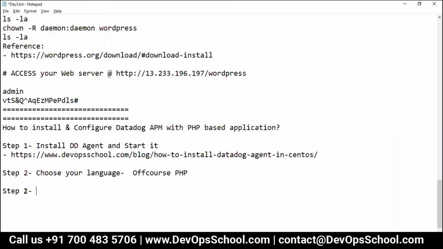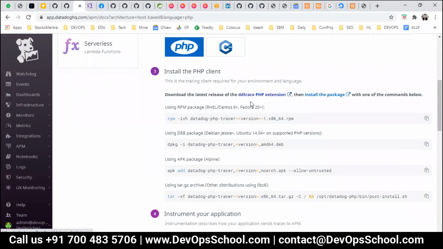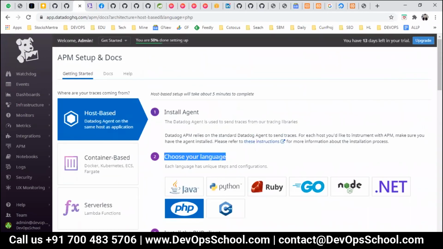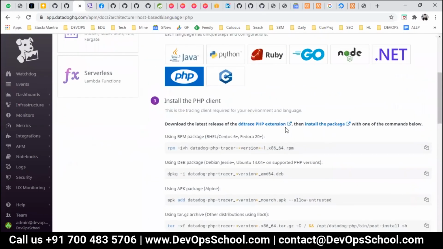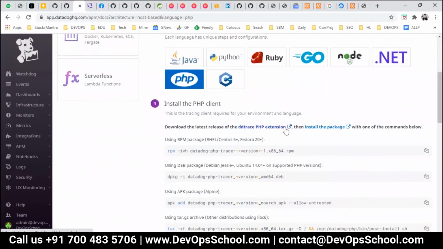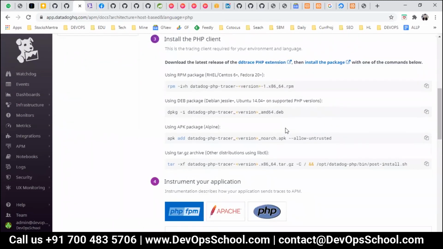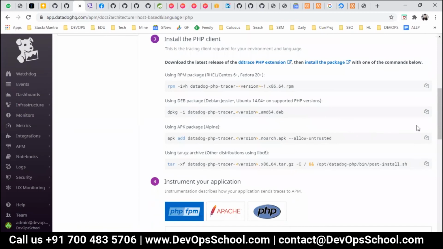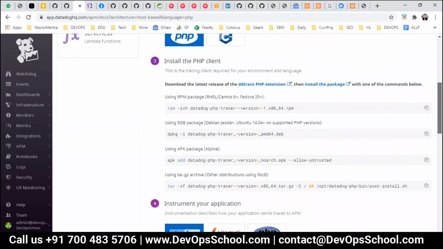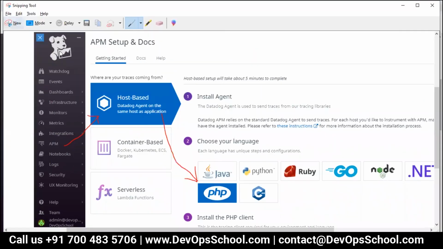Step number 3, here you have to download from here. So did we take a screenshot here? Yeah. So after this, this is the step 3. So I'll take a screenshot.